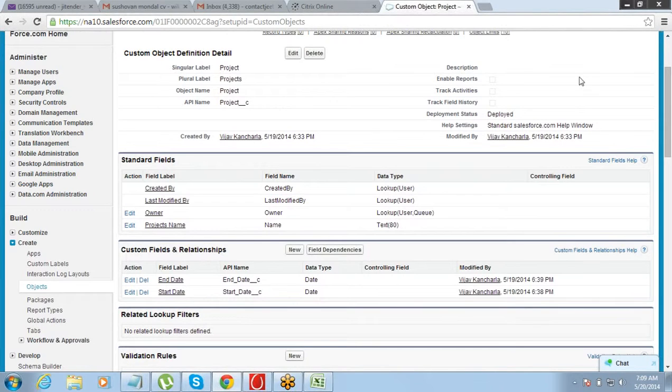So for this object, how many fields do we have at this point of time? We have 6. 4 standard fields and 2 custom fields. Right? Start date and